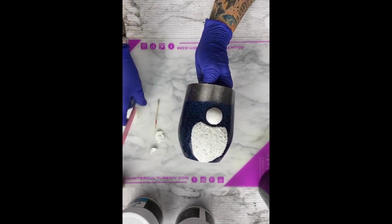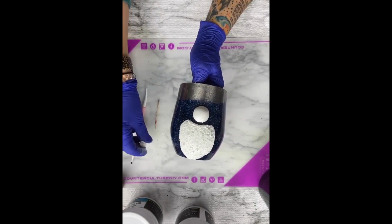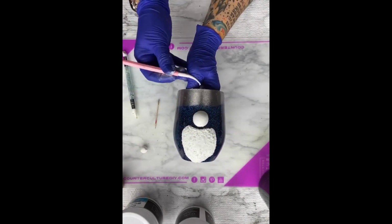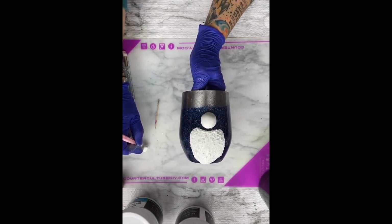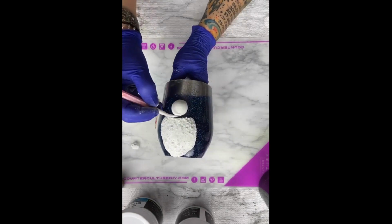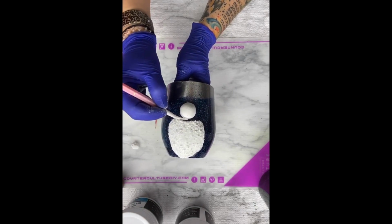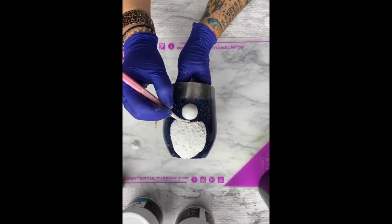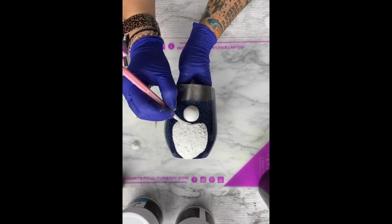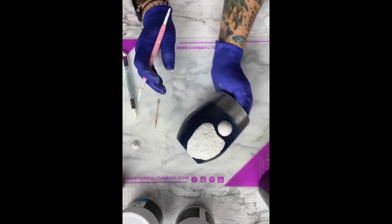The shelf life, I would say, is probably 6 months, just like normal epoxy. You do want to make sure that you screw your lids on tight. I have left mine open by mistake for a day, like 24 hours, and I didn't have any dry pieces. I don't recommend doing that, but